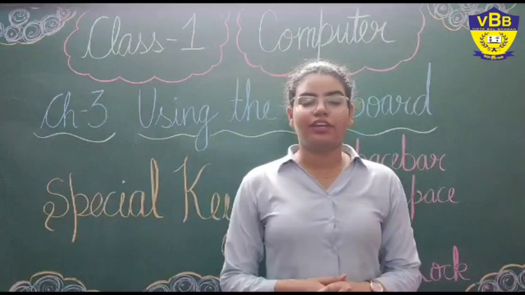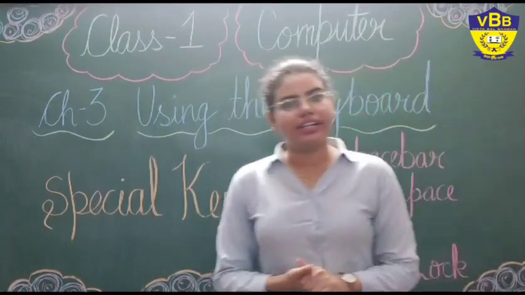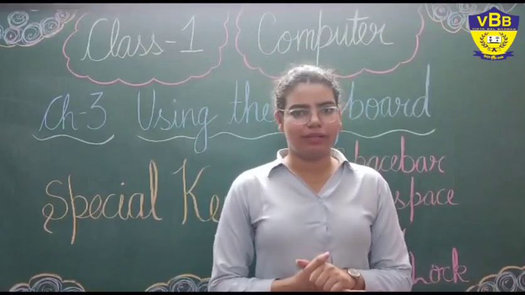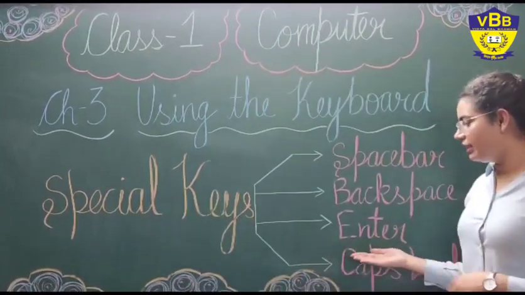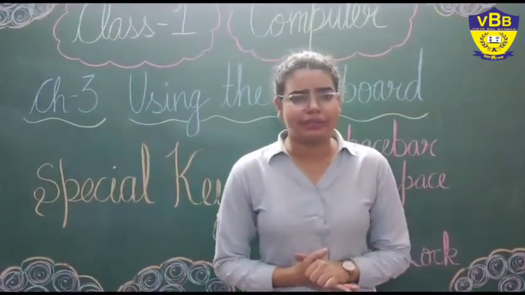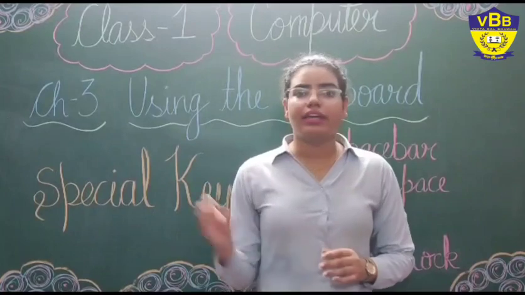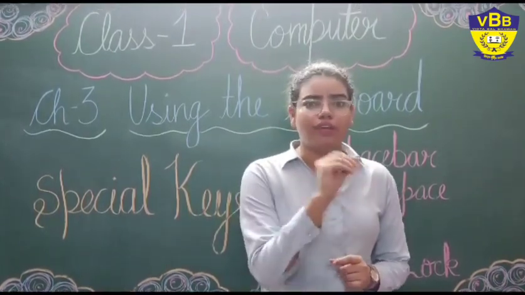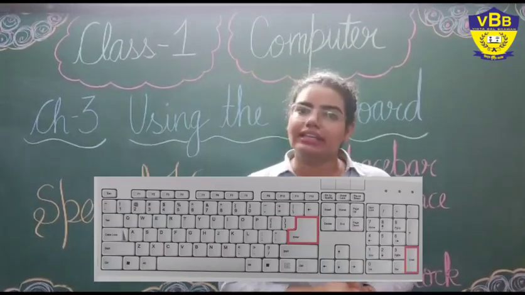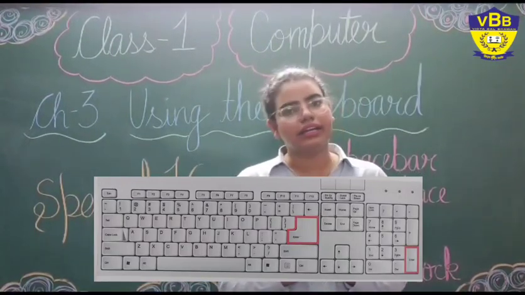Okay. So these were the two special keys, spacebar and backspace, right? We have already discussed them and I have already explained. If you have any doubt in them, please come to me, I will help you. Now let's talk about the other two special keys, enter and caps lock. So what is an enter key? The enter key is used to shift the cursor to the next line, right? Whenever we write anything on our notebook, we come to the next line automatically, right? Similarly, we use the enter key to come to the next line. It is usually found at the end of the middle row of the alphabet keys.